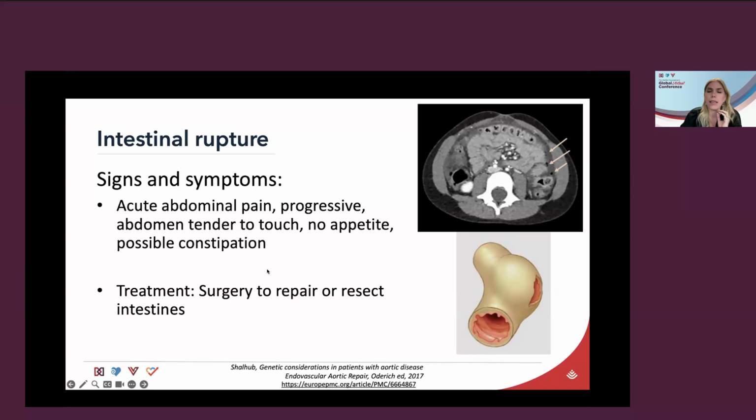It can be progressive, be tender, you don't have an appetite. It's often diagnosed as constipation. It can be really hard to tell because especially in young people, intestinal ruptures are really, really rare. But it can be treated with surgery to repair or protect the intestines as long as it's picked up before a massive infection. And we just had an incredible case where a teenage girl presented with an abdominal rupture,